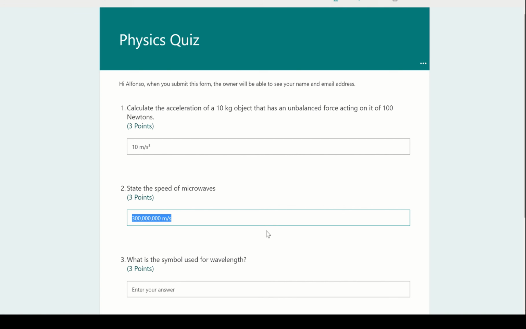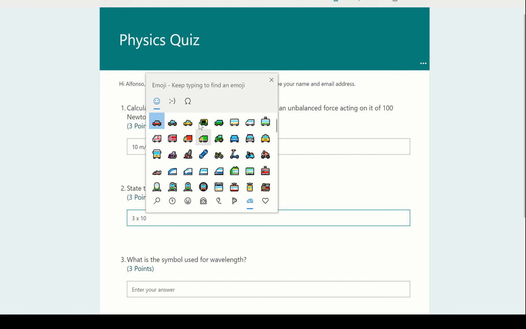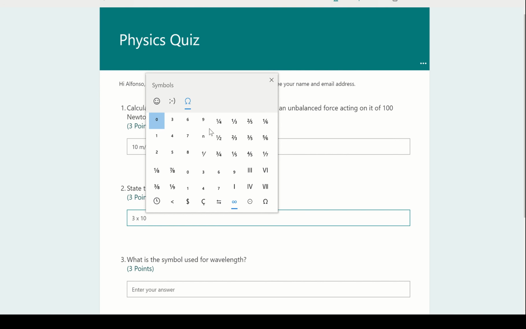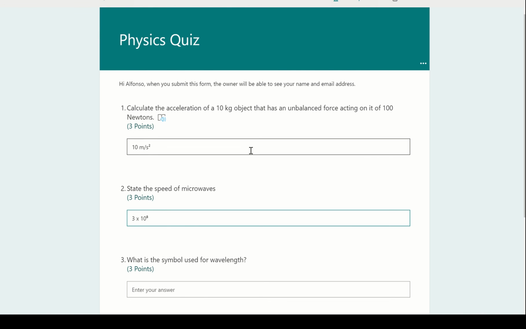I want to put it in scientific notation, so I could put 3 times 10, press my Windows key and the full stop, go to the symbols, go to the maths ones, and press my 8 to put in my meters per second. And I could either put meters per second like that, or I could say a National 5